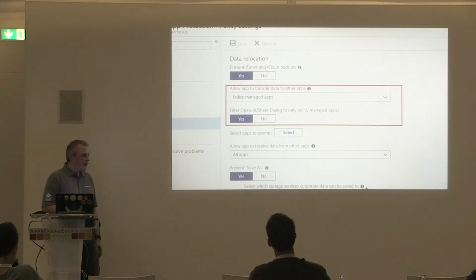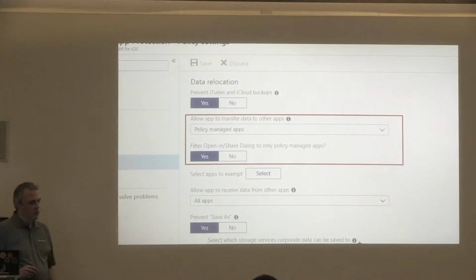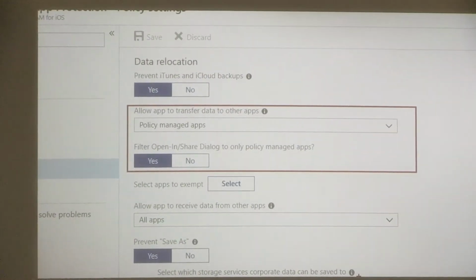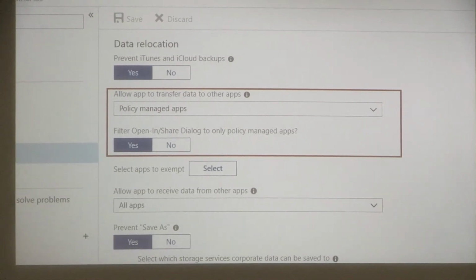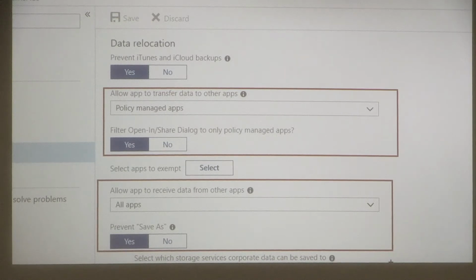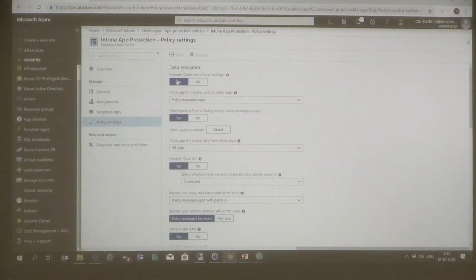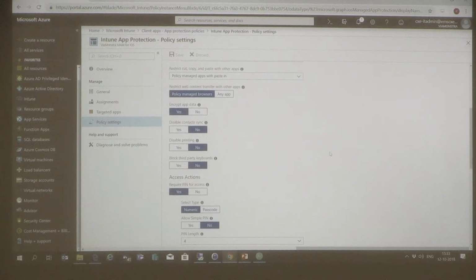So if I have an app that is not being managed, for instance a native mail client, I'm not able to copy and paste in between or transfer attachments to the native mail client. I am, however, able to receive data in this app. And this is all configurable, so I'm also able to block, or choose only the managed apps. And further, I'm able to